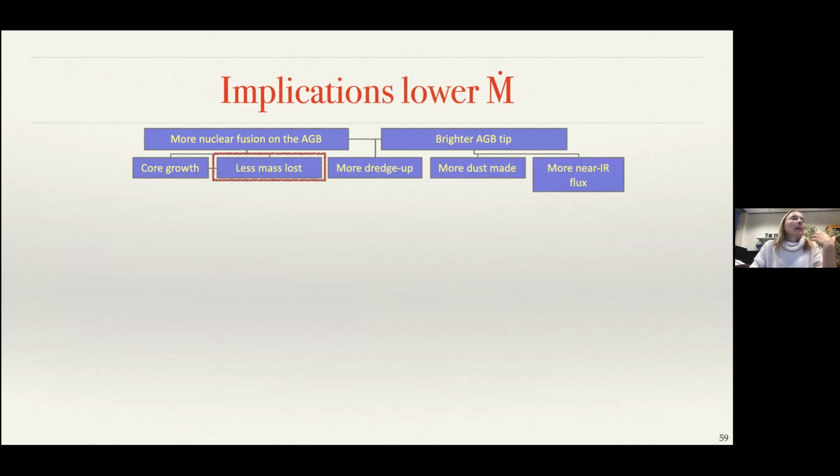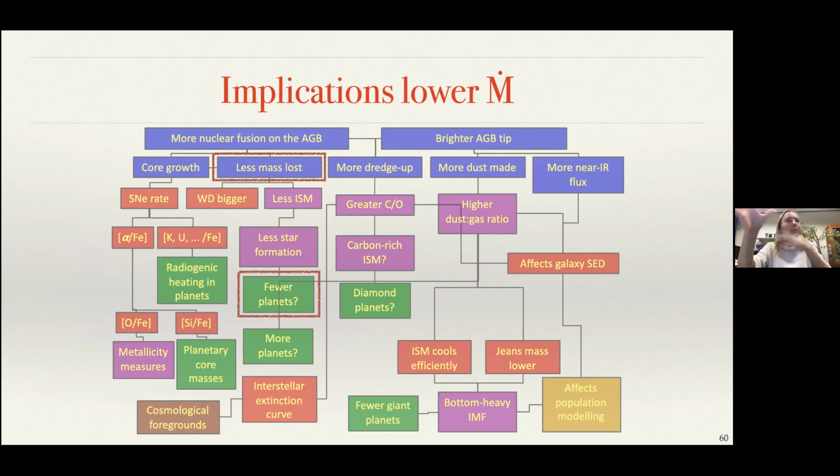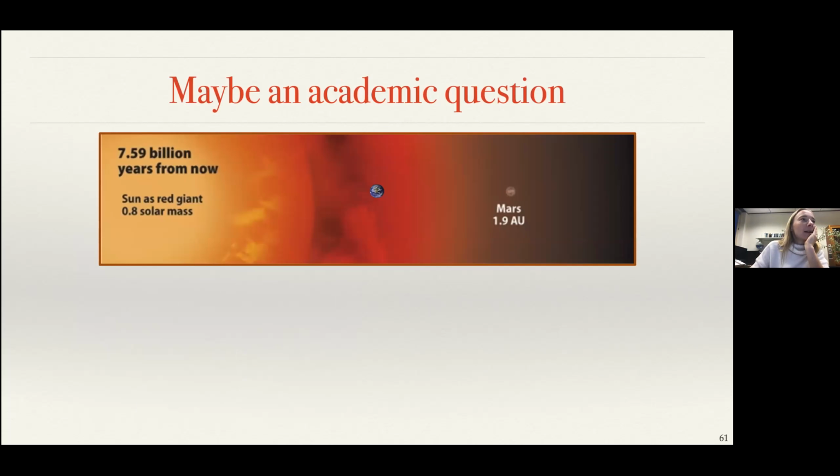We all know there will be less matter that will be lost. And if there's less matter that is lost, well, there will be lower enrichment of the universe. And so you can build up all of this argumentation, and you can make very nice and complex diagrams. And I will end here, with the last point on these exoplanets. So what happens to planets if AGB stars have a lower mass loss rate? Well, it might be a little bit of an academic question,